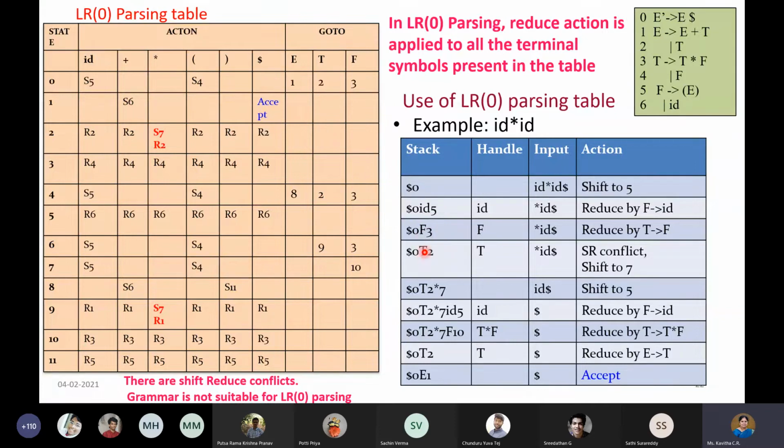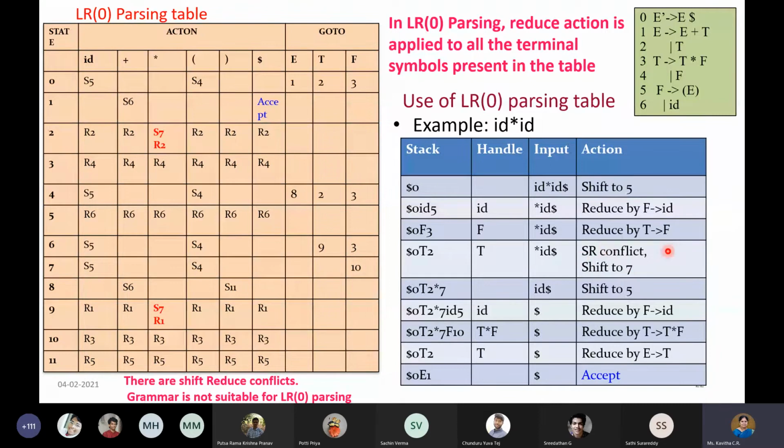So I have pushed capital T, but now I need a transition and I need a state to process further. So at 0 on T, capital T, what is the next state? That is 2. So we have got the 2, and still we are pointing on star. Because at 2, always remember that you are accessing only the top of the stack. So at 2 on star, we have got the shift reduce conflict.